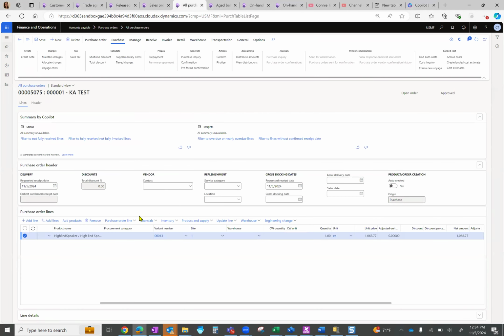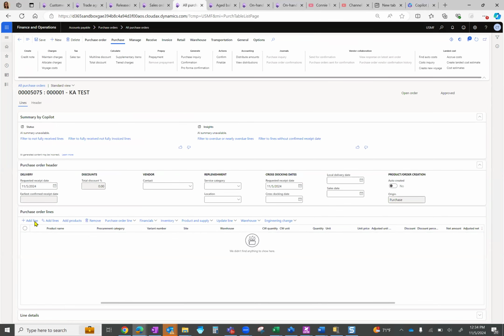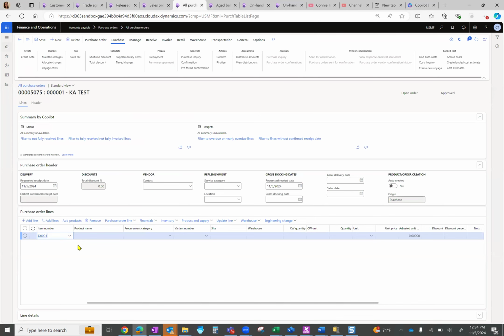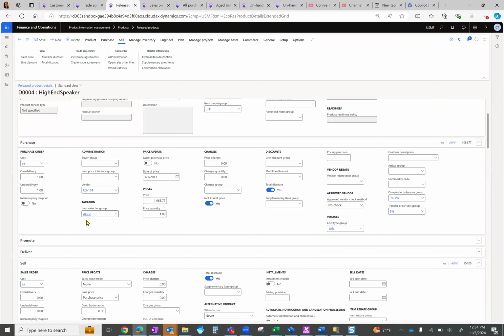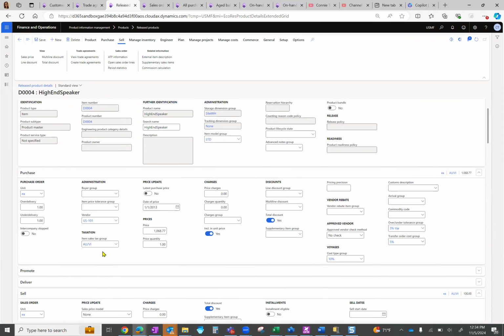So let's say we're creating an all purchase order. I'm just going to remove the item so you can see it auto populate. We're going to click add line and add that item, and then click on it. As you can see here, the unit price is 1068.77. If we go into the released product and click change the base price to be, let's say, something specific,